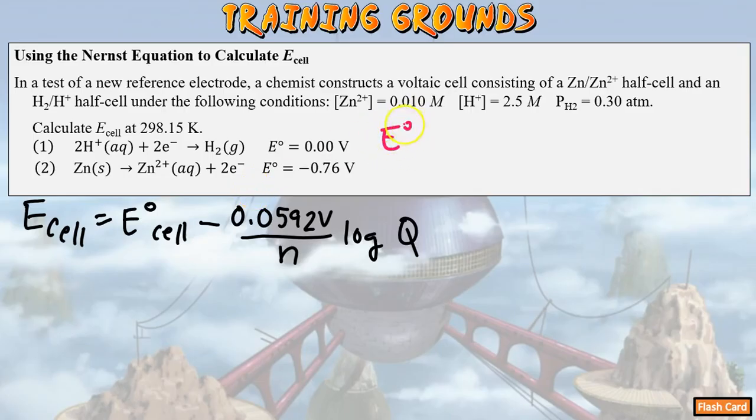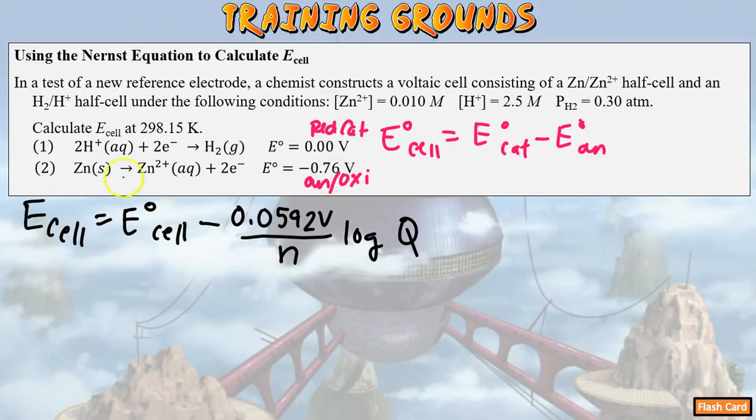Well, we already know that E naught of the cell is going to equal E naught of the cathode minus E naught of the anode, right, folks? And so we can look at our half cells and figure out exactly which ones are which. First, we have an E naught of 0.00 volts, and then we have negative 0.76 volts. So that means that whichever one is more positive is going to be reduced, and of course, at the cathode. So we have this at the cathode of 0.00 volts,